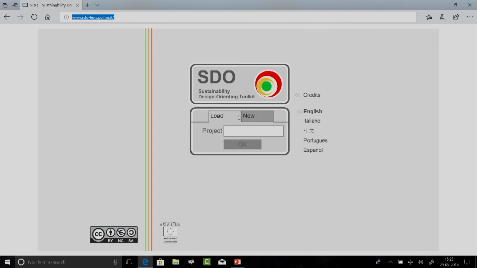In this tool, first you have to create a new project. Let's name our project Fresh Water PSS. It's very important to remember the name of the project that you kept with the exact combination of whether it's caps or small, because in order to load the same project again you will need that particular name.